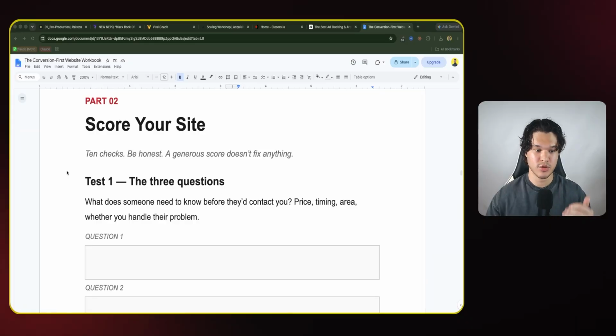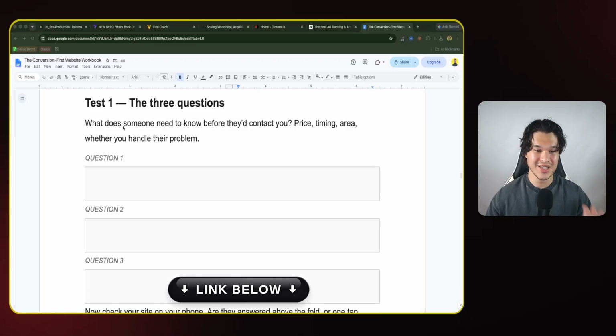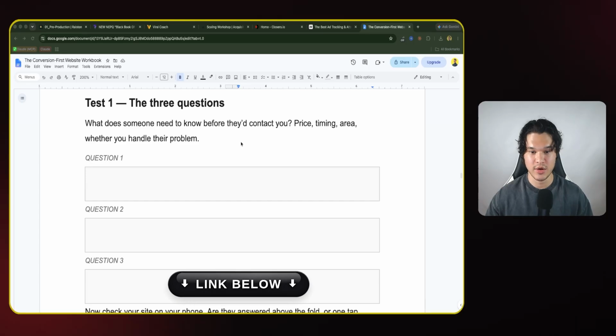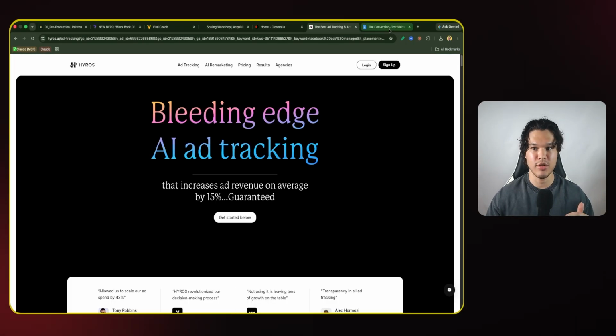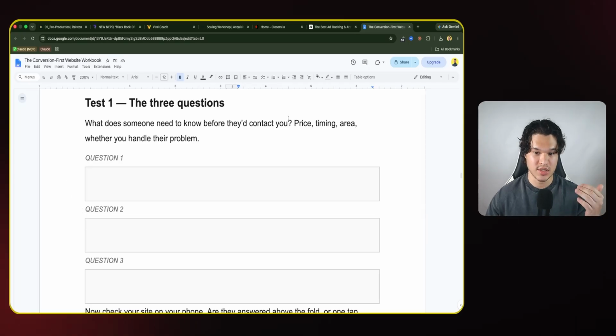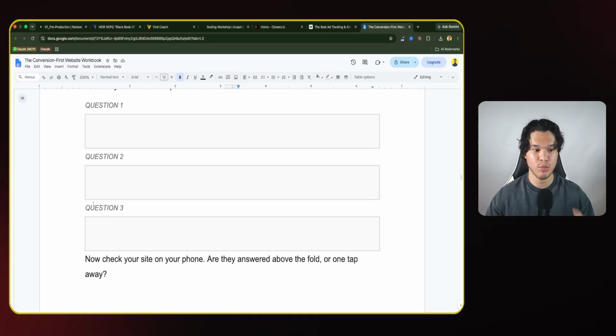And so if you take 2 websites, your ICP is going to act on the one that is most clear and talking to them. So if you come back to the guide here, there are 3 key questions I want you to go through. What does someone need to know before they contact you? And I'm telling you, each and every website that we have demonstrated here has gone through these 3 questions. So is it price, timing, area, whether you'd handle their problem or not? Those are very important for you to get clarity on so that you can provide immediate clarity to your ICP,